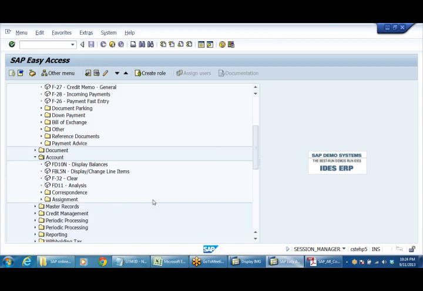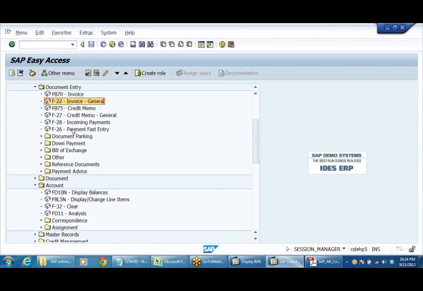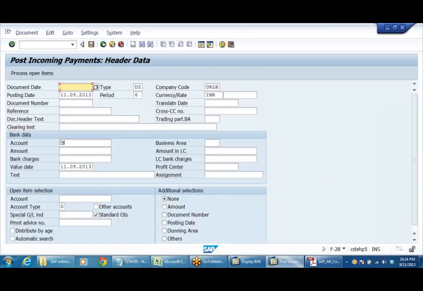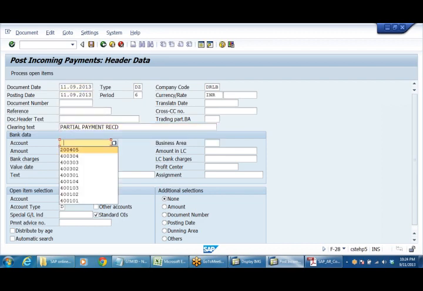Okay. Now out of 133 we have received 70,000 first. Now incoming payment F-28. Let us imagine we have received a check payment. What are the check numbers, etc.? You can enter it. Of course, it's not mandatory. You can account 204.05 amount. Say now I have received 30,000 out of 133. 70 first payment, 30,000 second payment.